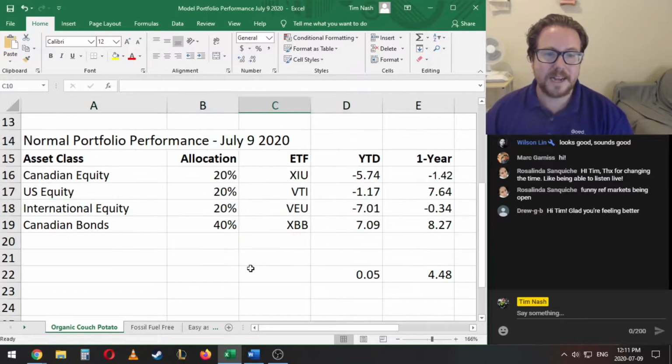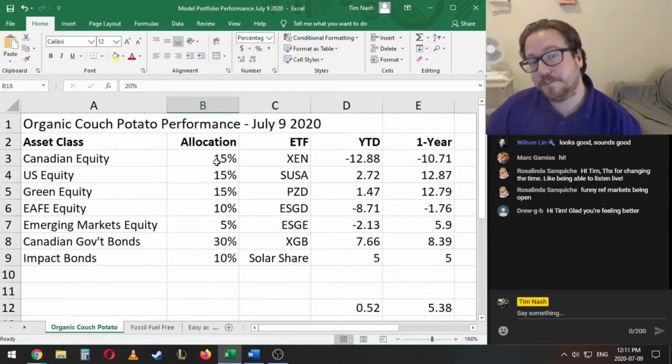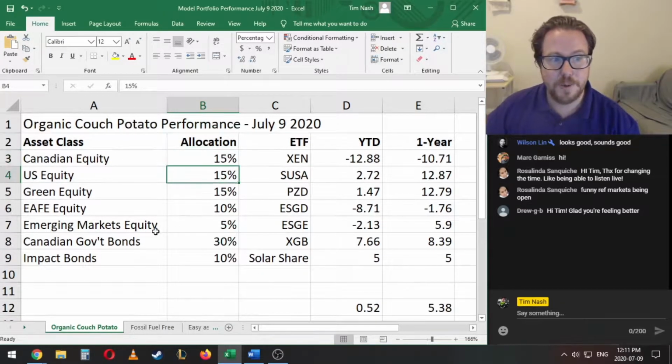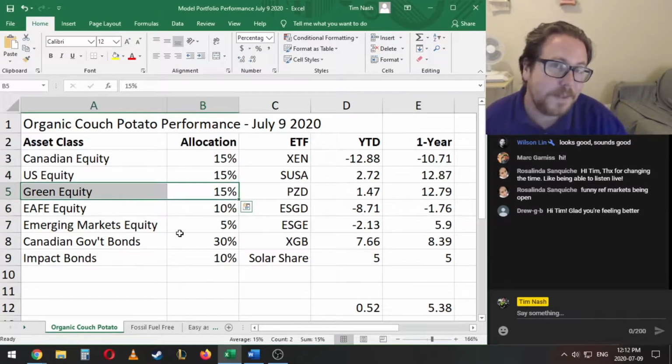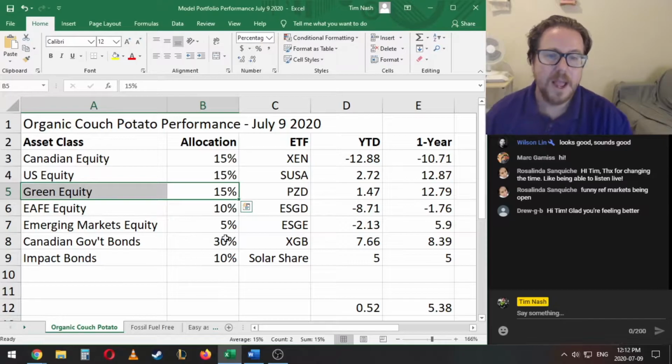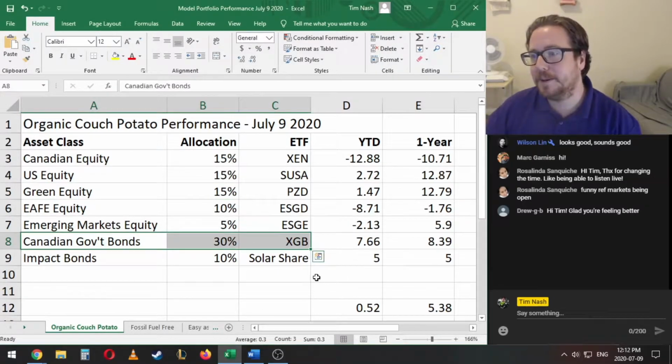So really, instead of 20% each for Canada, US, and the rest of the world, I did about 15% each for Canada, US, and then the rest of the world. And then that kind of carved out my 15% for green equity. And then the other change that I made is that these are just Canadian government bonds,